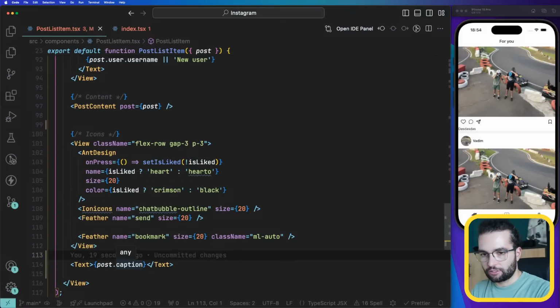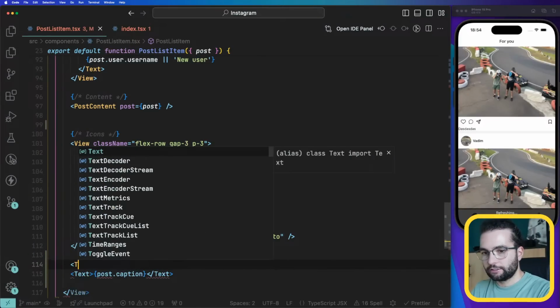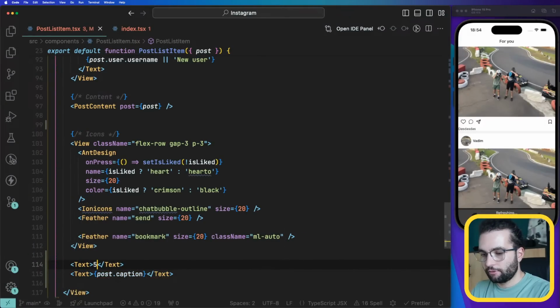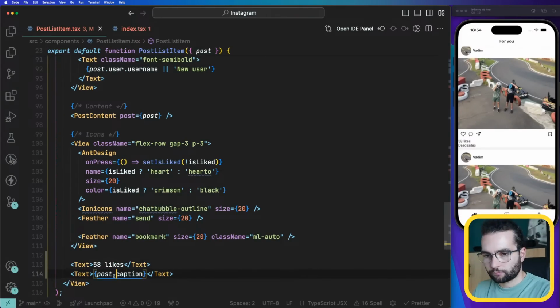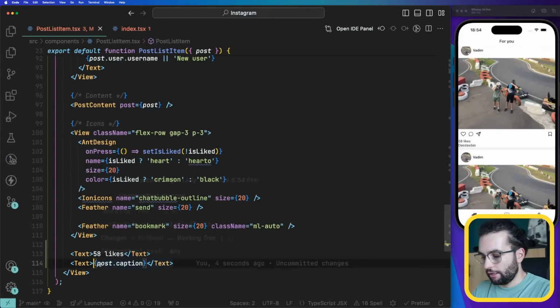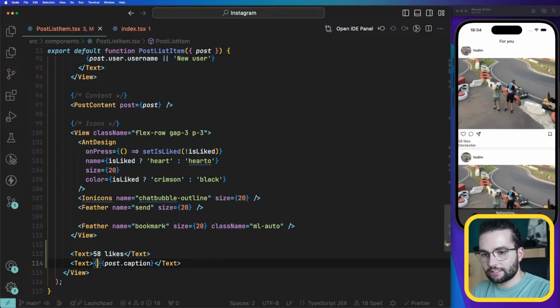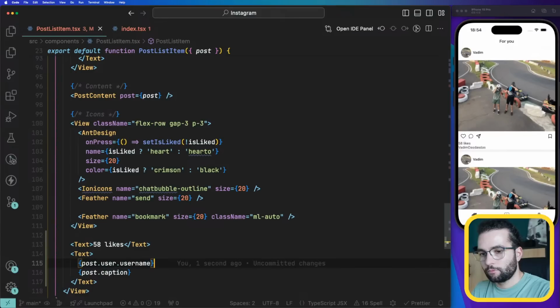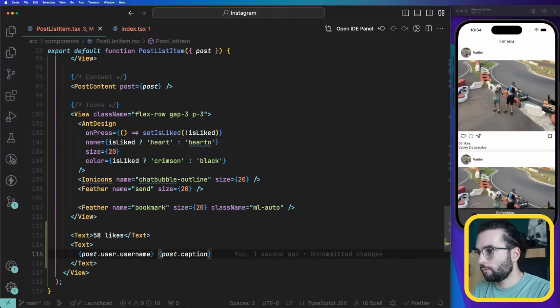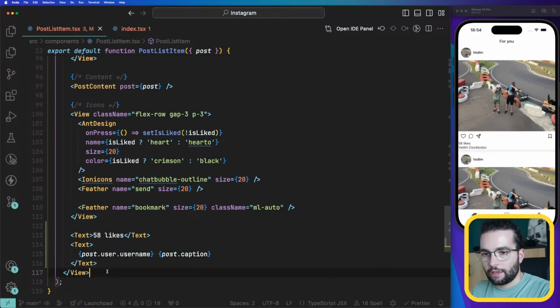For example, it's going to be here text, I know, 58 likes. Something like that. Here we have two texts. One of them is post.user.username. And